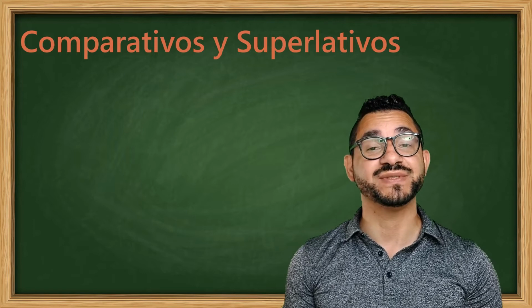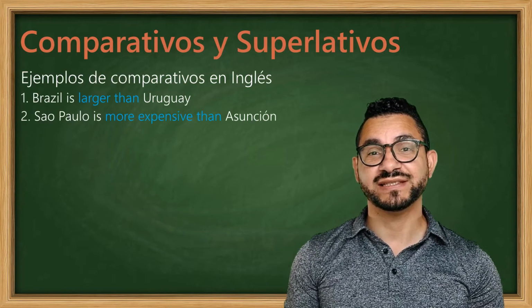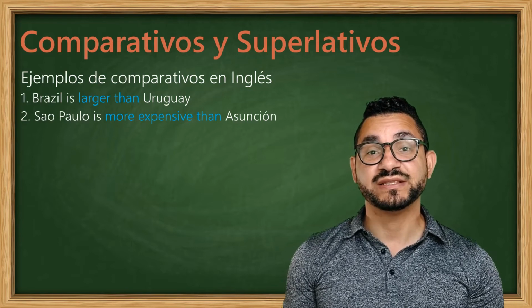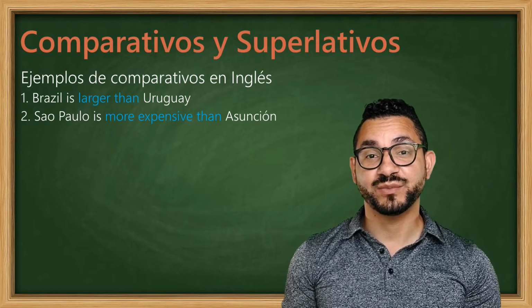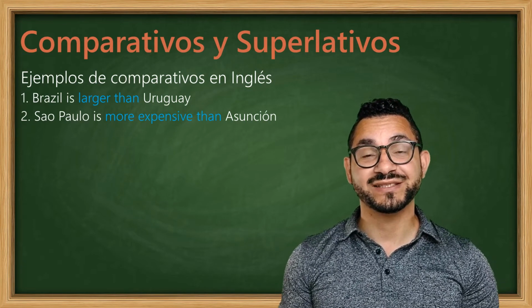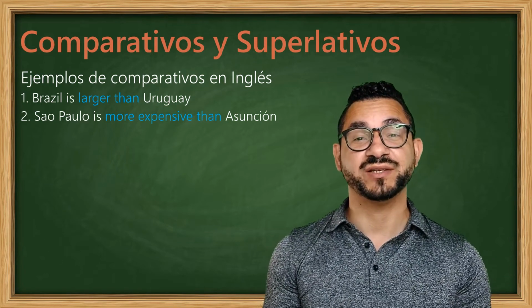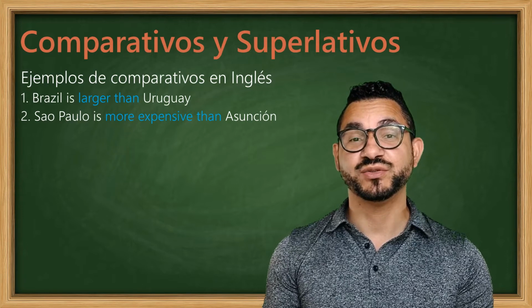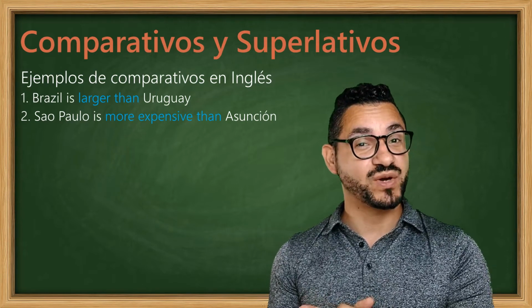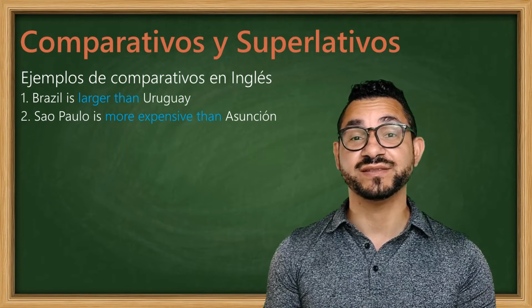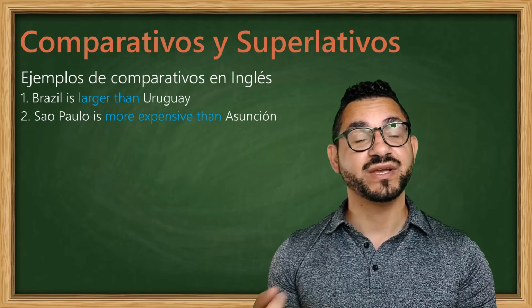Let's start with two sentences in English, two sentences that compare two things. Number 1, Brazil is larger than Uruguay. Number 2, Sao Paulo is more expensive than Asunción. The way that we do comparisons in Spanish is similar to sentence number 2 rather than number 1. So let's translate these two sentences, starting with sentence number 2, and then after that we're going to translate sentence